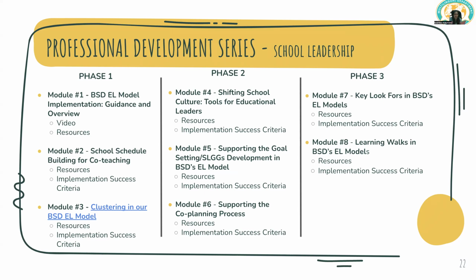And initially we had these as year 1, year 2, year 3, but we put them as phase 1, phase 2, phase 3, because some of you have leaders that are already farther ahead with their understanding of co-teaching, have already been actually implementing this integrated model in their schools. And so they might not need the overview, but they might want to learn more about the learning walks that we will be doing, et cetera.